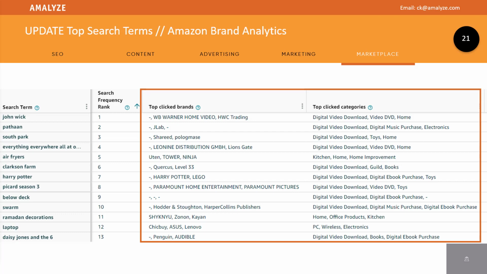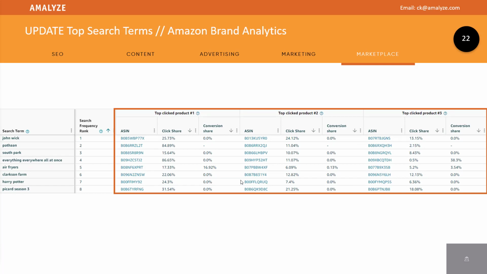On the other side, you can uncheck them and you will see only ASINs, click share, conversion share. When it comes to product targeting ads, for example, and you want that ASIN, you can download them directly and set your ads on them. That is a really cool feature, and it makes it easier to work with the top search terms in Brand